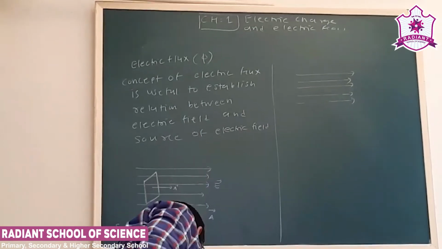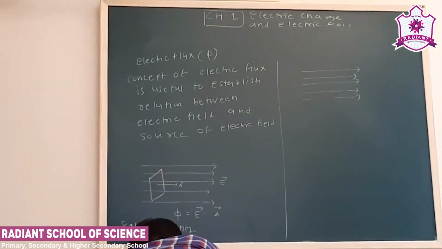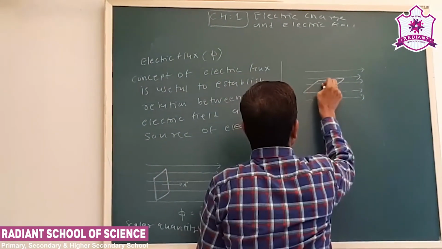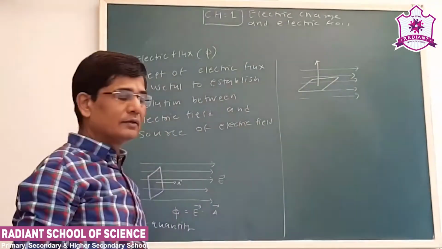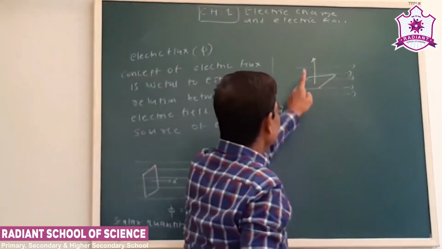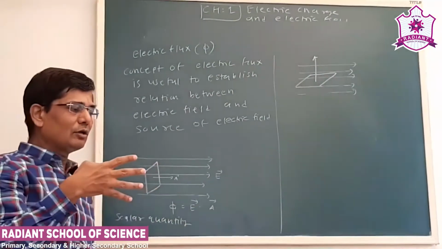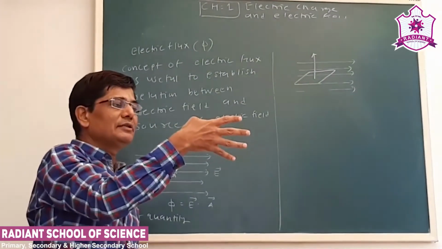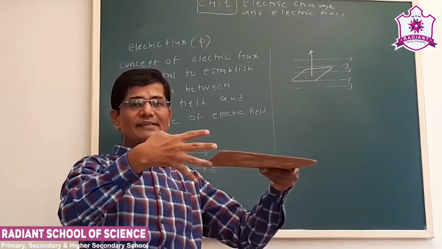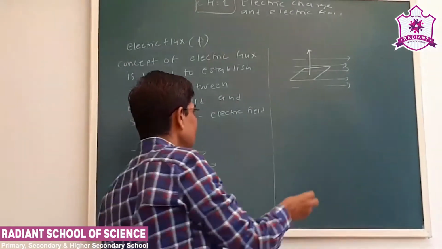Okay. If the surface is like this, okay. Now see here, the field lines are like this, but the area vector is normal. What we see is that it cuts none of the field lines. Why? Because see, the electric field is like this, the area vector will be like this. So what is the angle between the area vector and the electric field line? 90 degrees. So in that case, flux will be 0.